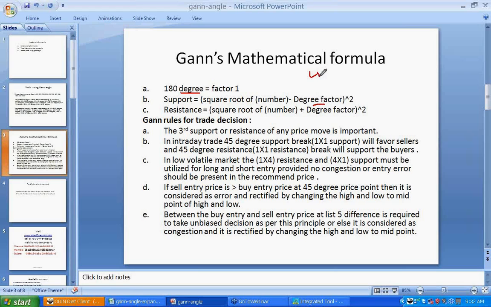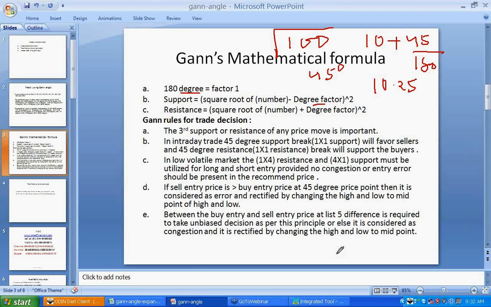Suppose I am talking about the 45 degree trend line or 45 degree support line. If my price is say 100, how will I find out the 45 degree line? I will take the square root of 100, which is 10. The 45 degree factor is 45 divided by 180, so this will come to 0.25. So my net result will be 0.25. So the 45 degree resistance trend line will be